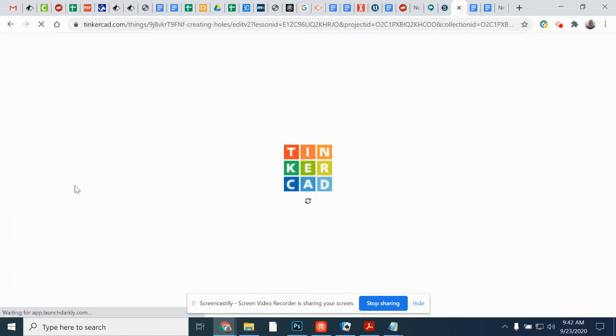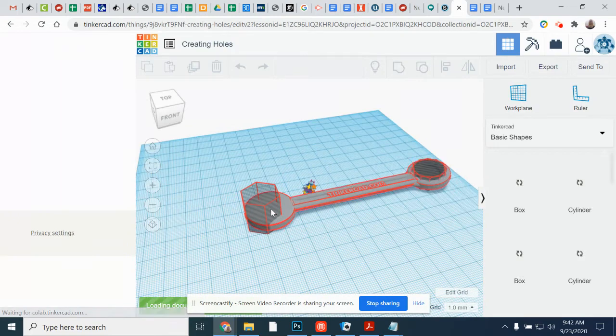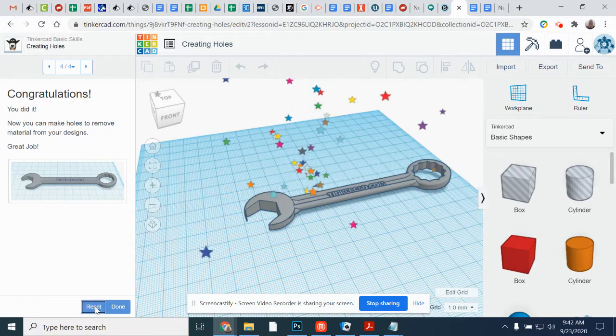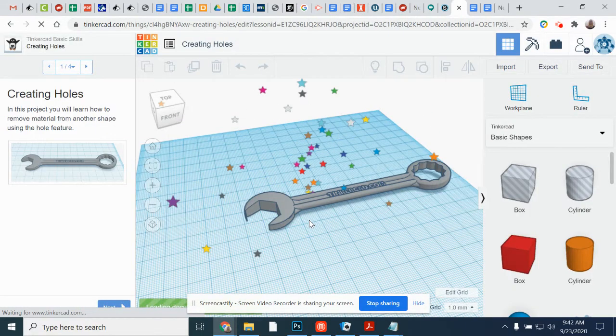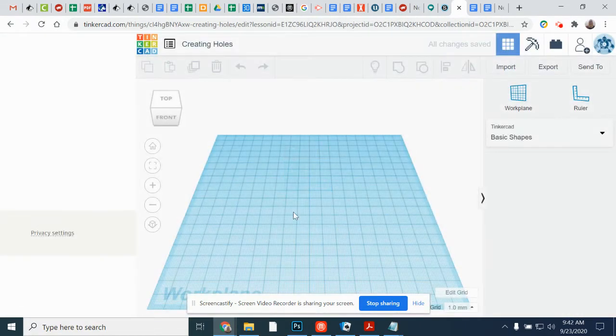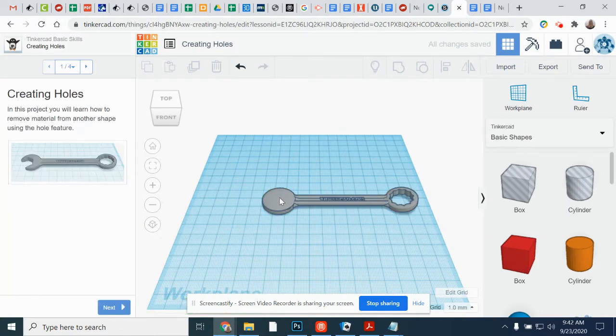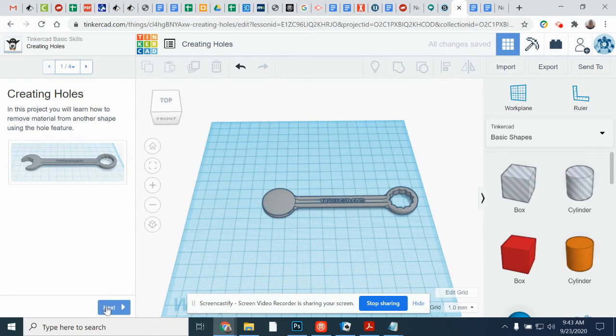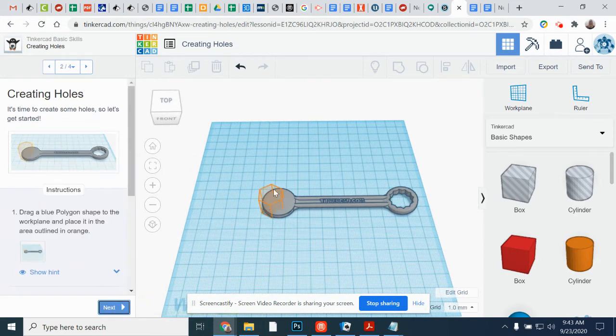Next one is going to be creating holes. So it'll bring you through a guideline on how to create holes. I'm going to go ahead and reset this one so it starts back from the beginning again. So you'll see how it gives you a wrench to start off with, and that wrench is kind of a solid spot here. You're going to go ahead and click next, and it gives you a little spot of where